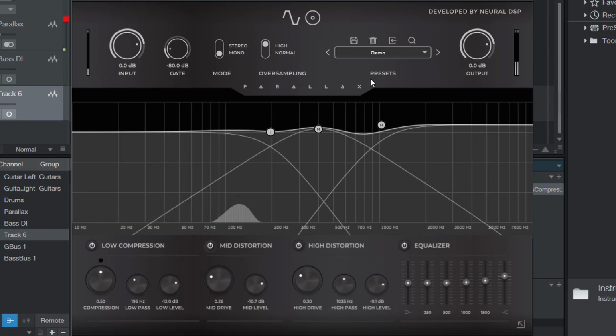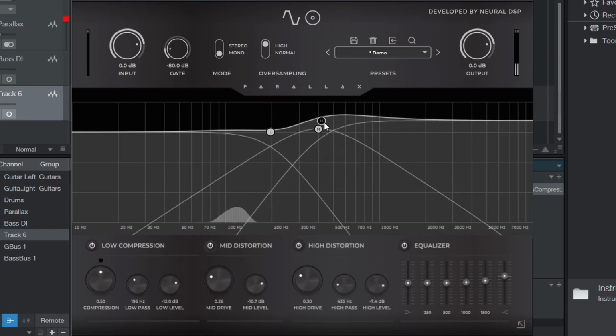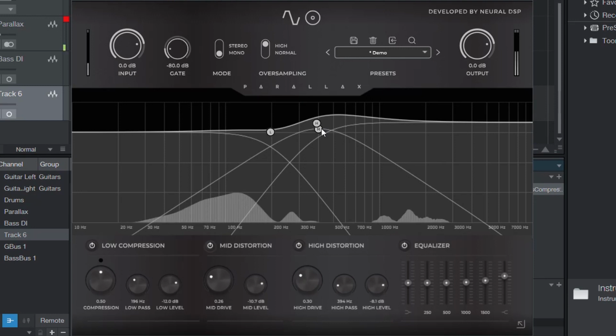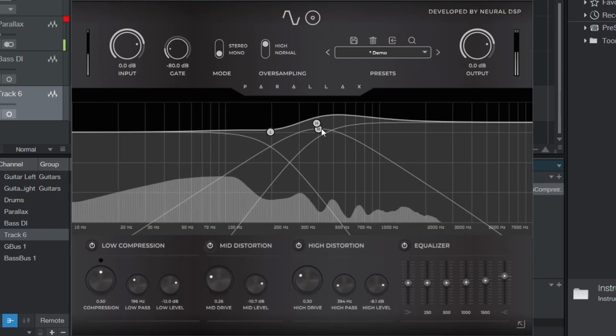Now, the really interesting thing here, and the stuff that I think you'll experiment with the most, is going to be how interactive these nodes are with each other. Because moving one doesn't just shape it, it shapes how it blends into all the others. Like if we take the highs and pull it back, it starts to get reshaped by where the mids and the lows are. So now you've got overlapping frequencies, and you start coming up with some really interesting sounds just by pulling where the highs bandwidth starts. Now you've got something like a